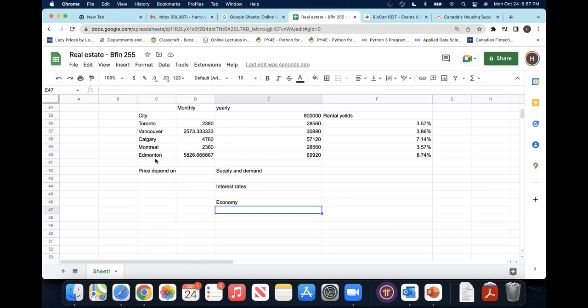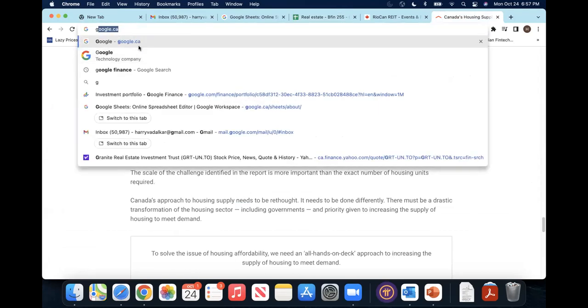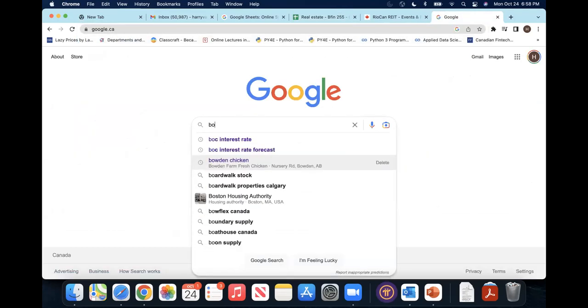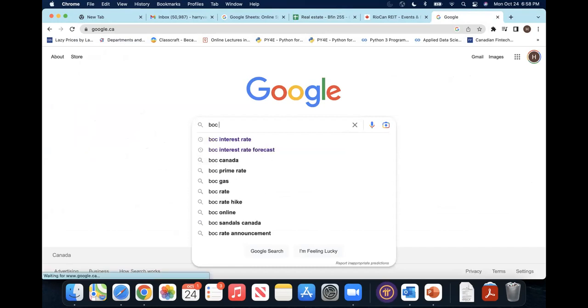Okay, so three major factors that drive real estate prices: supply and demand, which we discussed. Supply is very constrained in Alberta, and overall in Canada, though I would say it's way better in Alberta, but not in major cities like Toronto and Vancouver. Interest rates create issues. Interest rates are going up right now. Which interest rate? You have to always look at the policy rate, because all mortgages are derived from the policy rate. So the Bank of Canada policy rate, if you see,